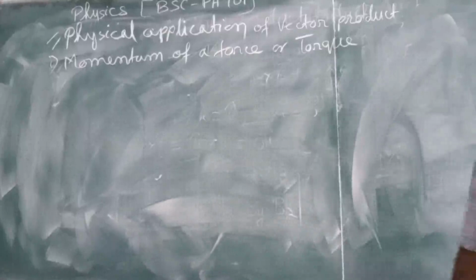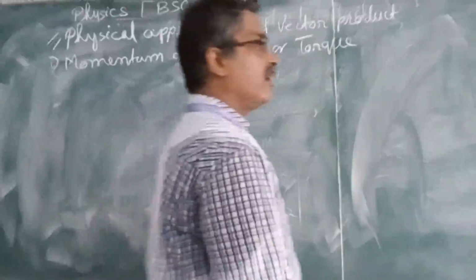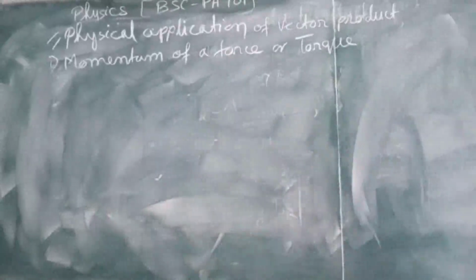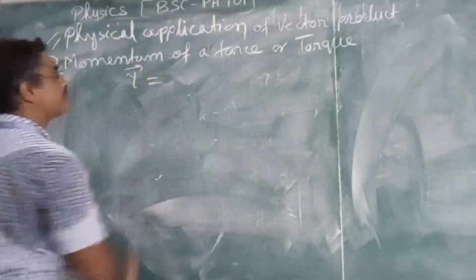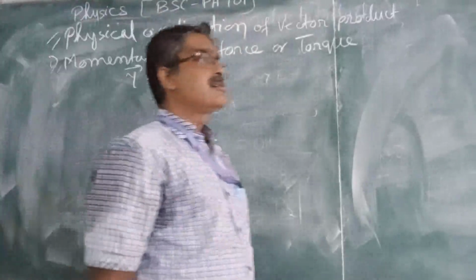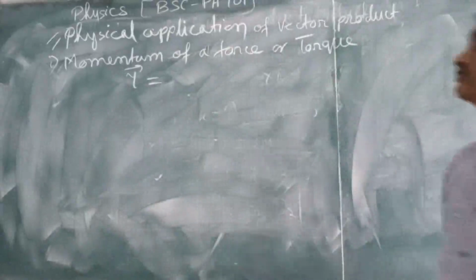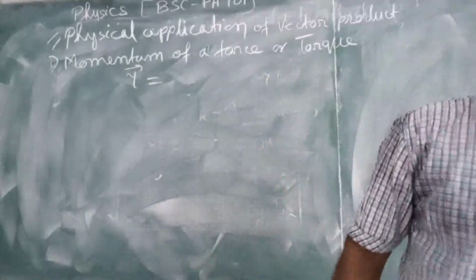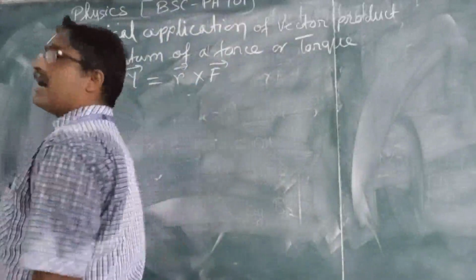The moment of a force about a fixed point is written as tau equals r cross F. What is r? r is the perpendicular